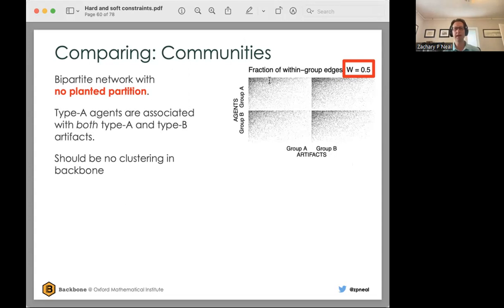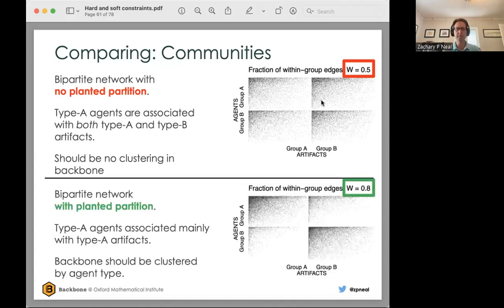So A agents to A artifacts and A agents to B artifacts. If we extract a backbone from this sort of bipartite data, we would expect no clustering at all. There's no partition that's been planted in the data. Now we can contrast this with a random bipartite network where we've shuffled the positions of the ones and zeros